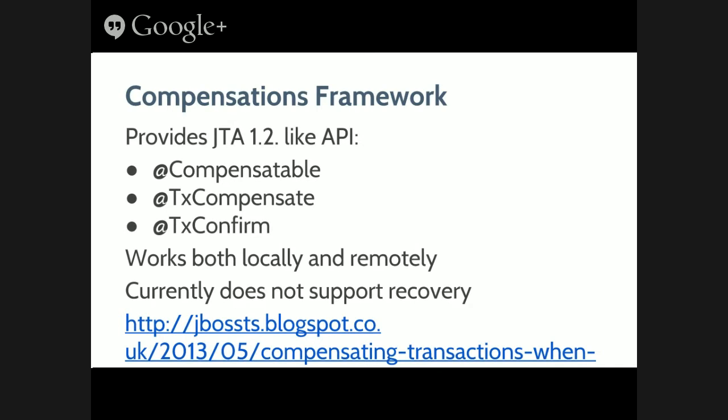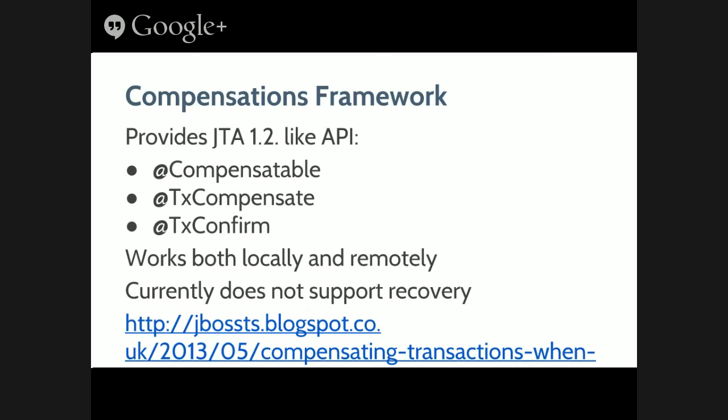Narayana has had a Saga implementation for a long time, so WSBA is old to us. The compensations framework is new to us in the sense that it's an API. Our previous Saga implementation was around distribution, whereas the compensations framework has a local implementation, so you can develop your code much like with our JTA bridging that I was talking about, moving between REST-AT, WSAT, JTS, moving it around to different nodes all the time. Our compensations framework is designed to allow us to do these activities either in one VM or bridge them to other domains using